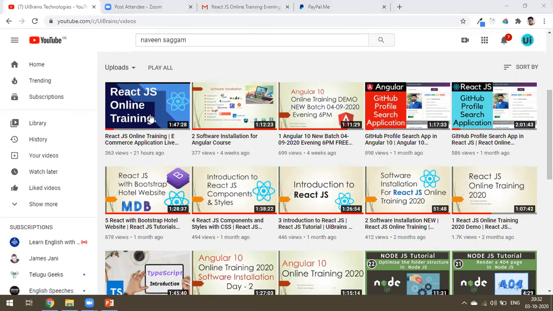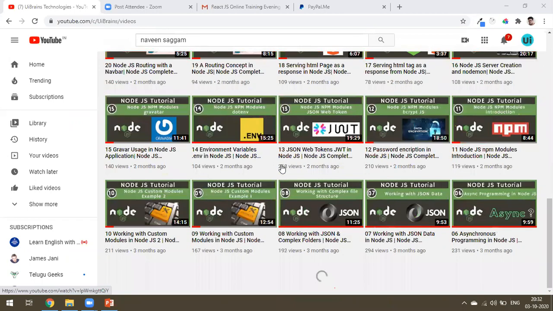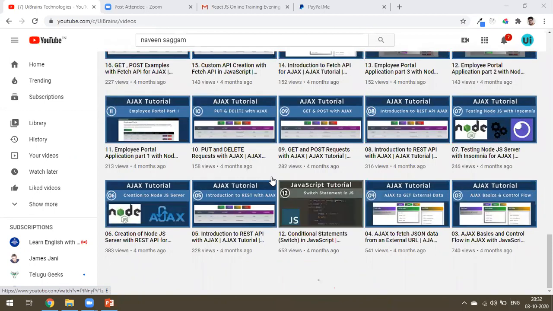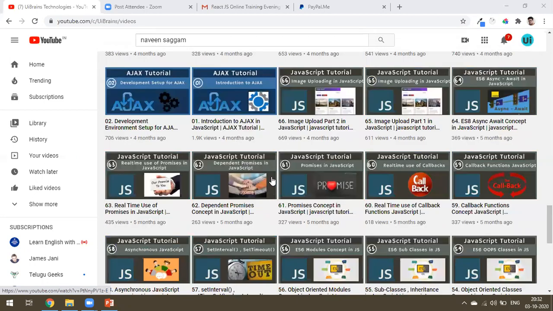Yeah, Naveen. Is there any chance to start a full course on React with TypeScript in this batch? Yeah, I'm planning, but I'm not sure when it will be. But at least if you develop 2-3 applications with React and TypeScript, you can convert any application with that. That's not a big issue. And I'm also going to launch a free course on TypeScript on this YouTube channel, so you can refer to that. I have already made some TypeScript videos somewhere, but that's not a complete course on TypeScript.